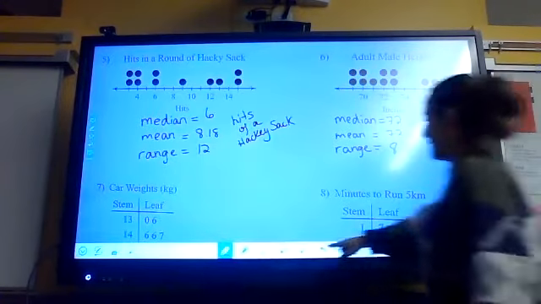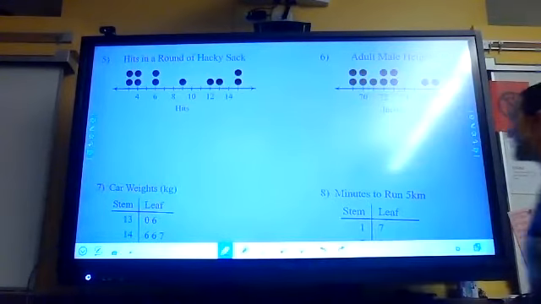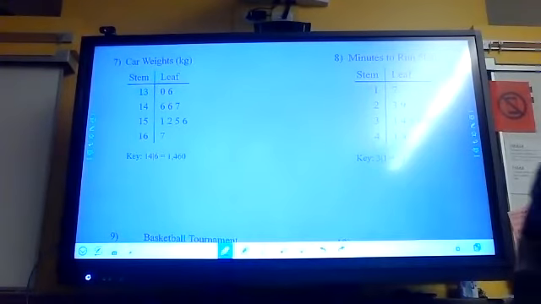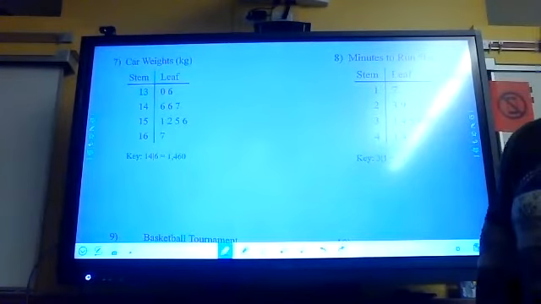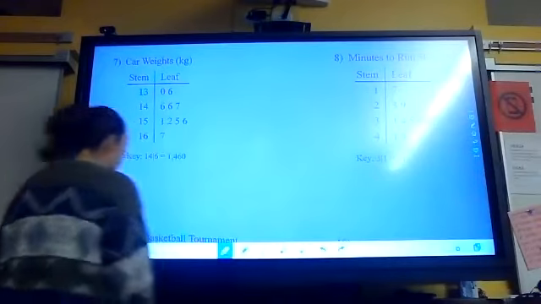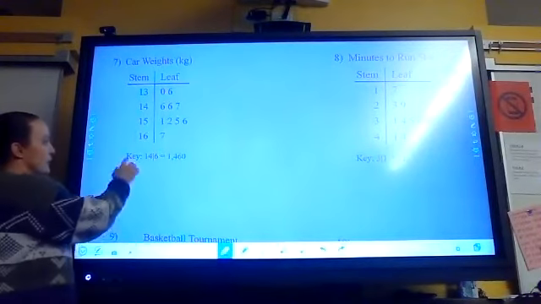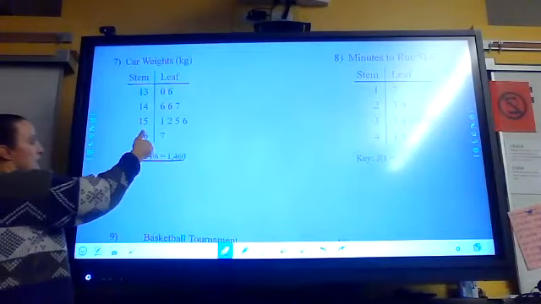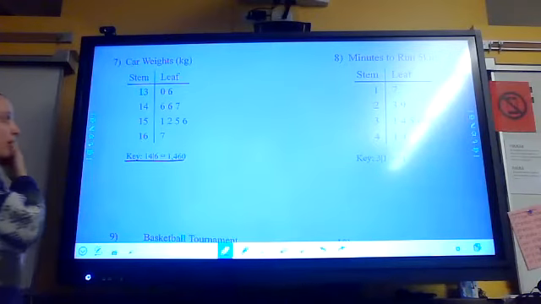Okay, once again, what happens if the way the data is presented changes? Can you answer the same 2 questions, but this time it's now stem and leaf. So with stem and leaf, you have to read the key. And here the key tells us that 14-6 represents